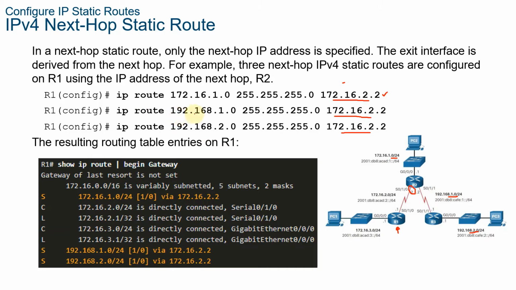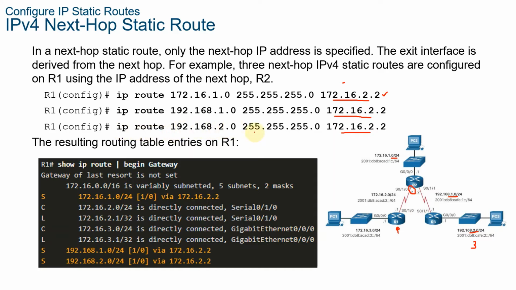IP route 192.168.1.0. So you've got 255.255.255.0 via 172.16.2.2. So the third remote network is 192.168.2.0 here. So defining it on R1, that would be IP route